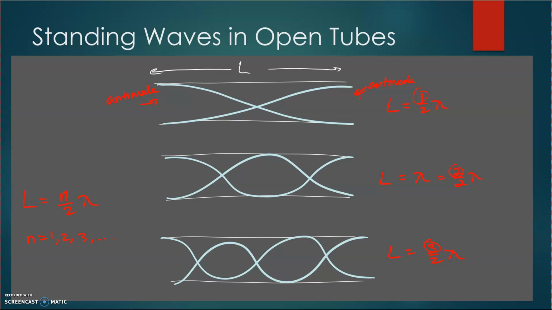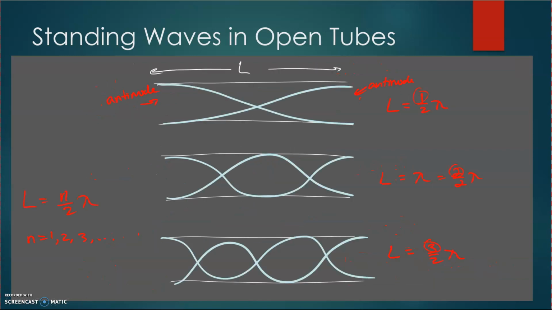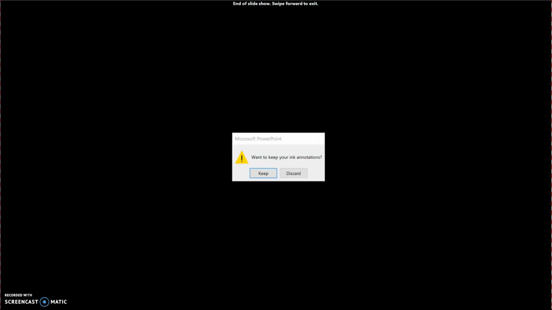Now, a cool application of this is with instruments. You'll notice that some instruments behave like closed tubes, where there's a cap on one end and it's open on the other end. I believe flutes are very often like this. The flute sounds like a flute because of the harmonics that are in it. You can have the fundamental, but you can also have harmonics at the same time, but you can only have the odd number harmonics. Whereas something else, like a trumpet or a saxophone, behaves